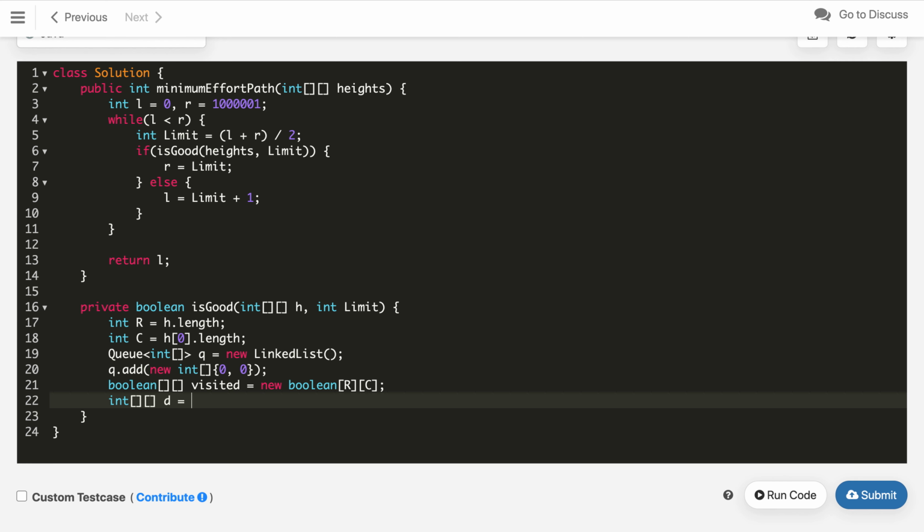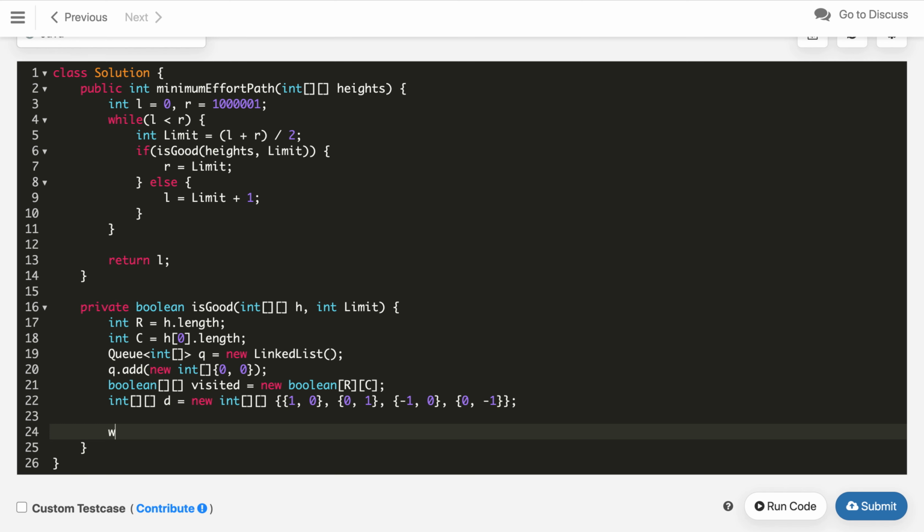If you are at x comma y, you can go to x plus 1 comma y, so that will be new int, 1 comma 0. Similarly you can go to x comma y plus 1, then 0 comma 1, and then there is minus 1 comma 0, and last one is 0 comma minus 1. So these are the 4 direction vectors we will use.